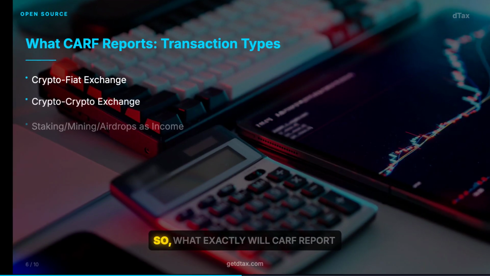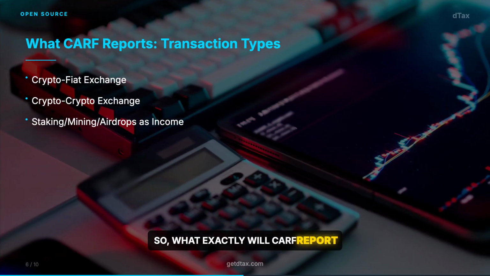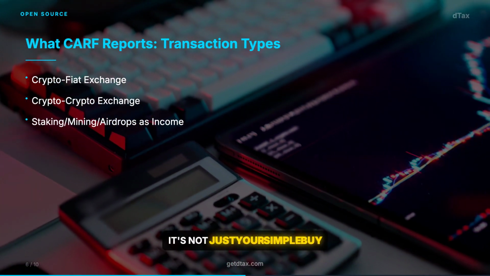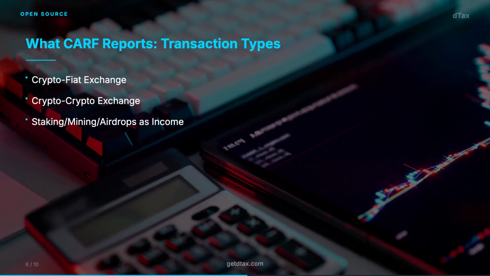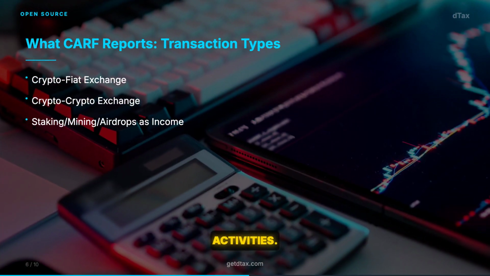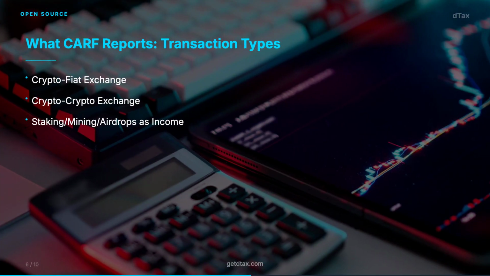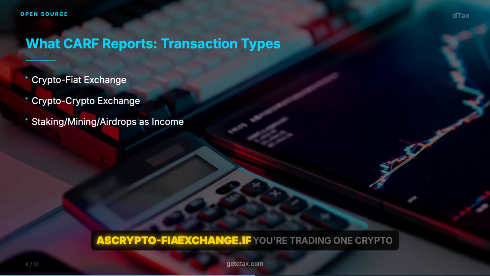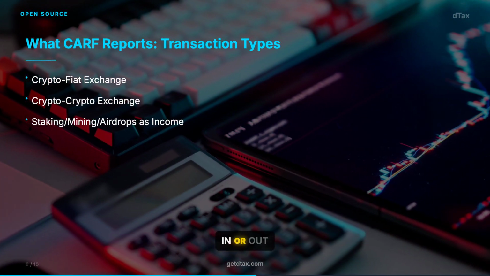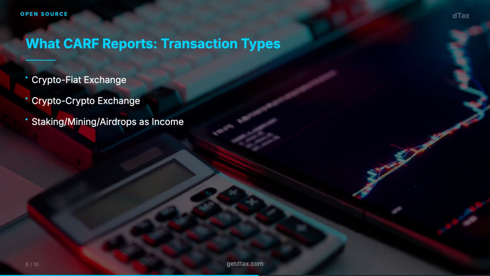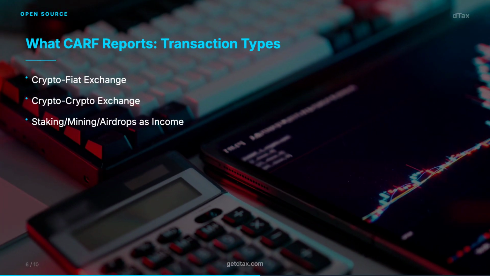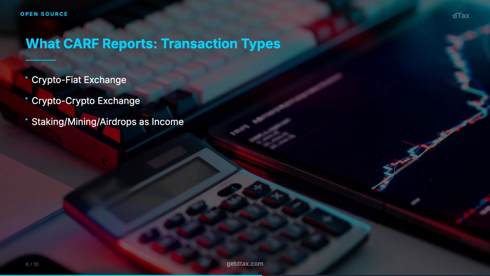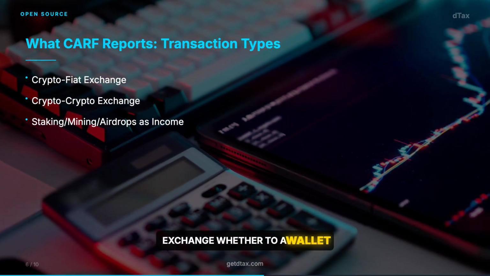While UK share pooling is specific to HMRC, it's just one of many cost basis methods out there. Different countries have different requirements. For example, the US, Canada, and Australia often use FIFO, or first in, first out. The US also allows LIFO and HIFO as variants of specific ID, where you can choose which specific lots to